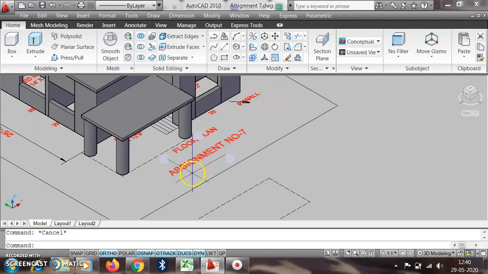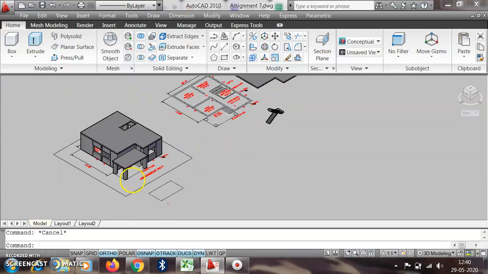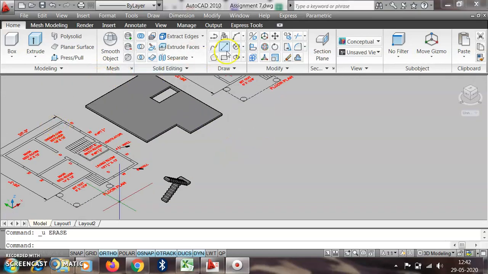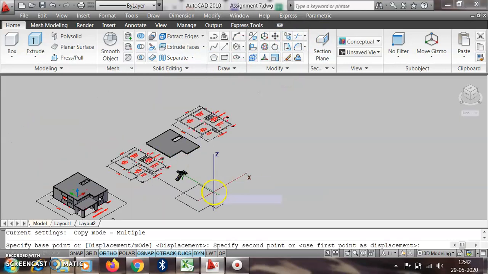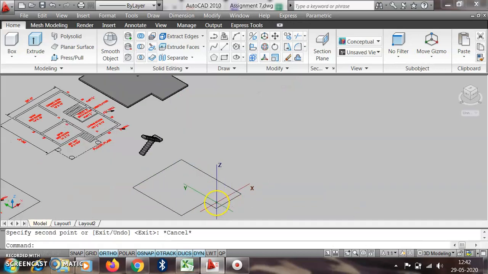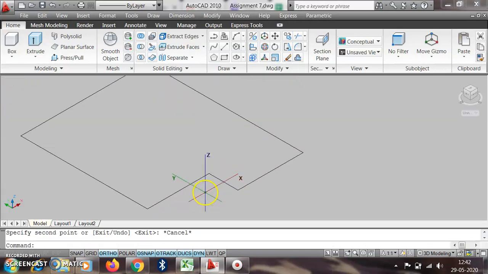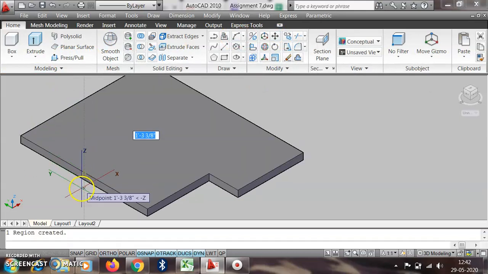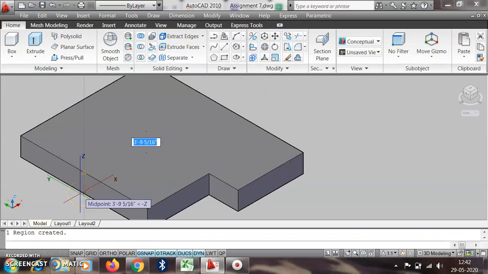Then we know that there is always a plinth height. So we copy this outer border, this one, from this point to this point. And we know that the plinth height is most of the time 2.5 feet to 3 feet. So we can just press pull, and it is on the negative side.